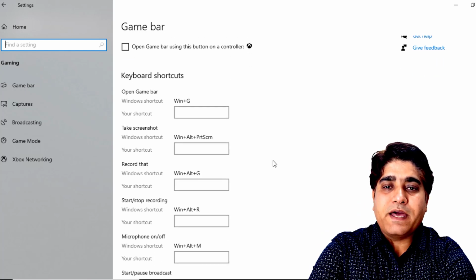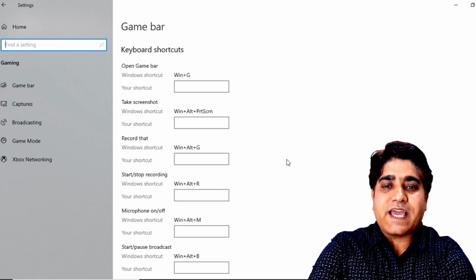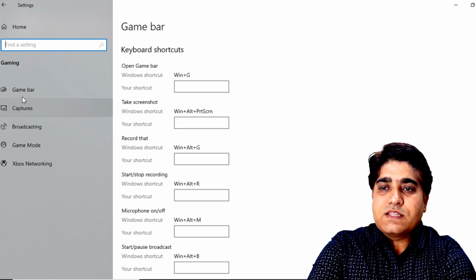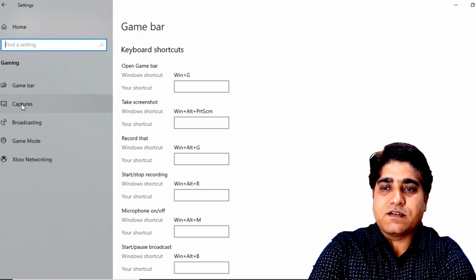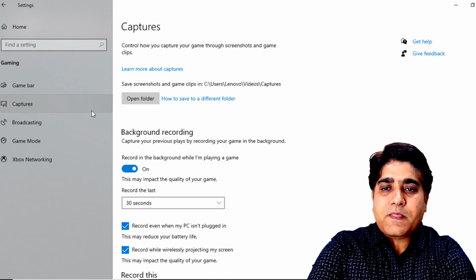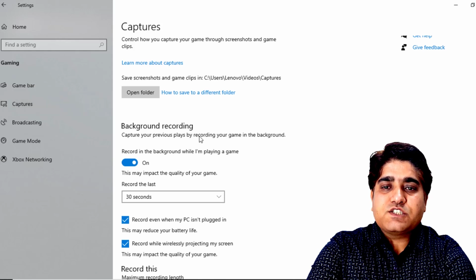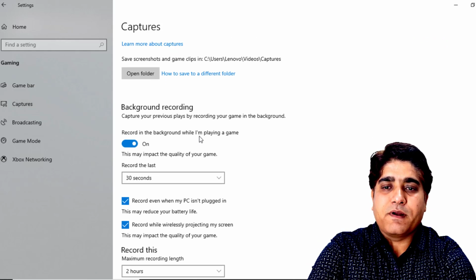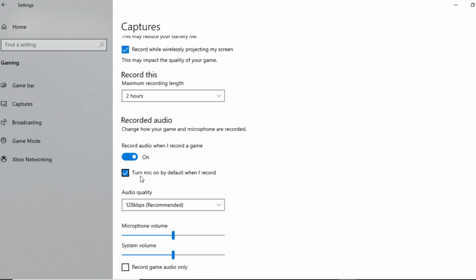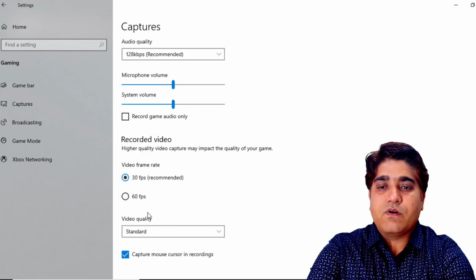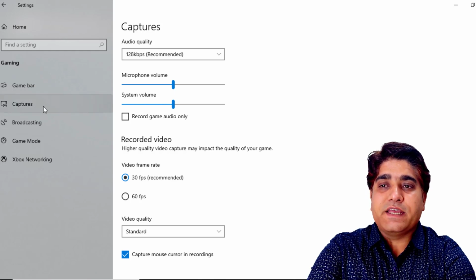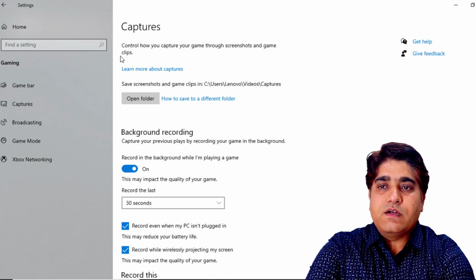Similarly, you can see many more shortcut keys which can be utilized while recording. Furthermore, in the second option, which shows the capture, we have to ensure that our parameters for the recording are set properly. All these parameters are set in the capture subsetting of our Windows settings. Now coming to the main settings,